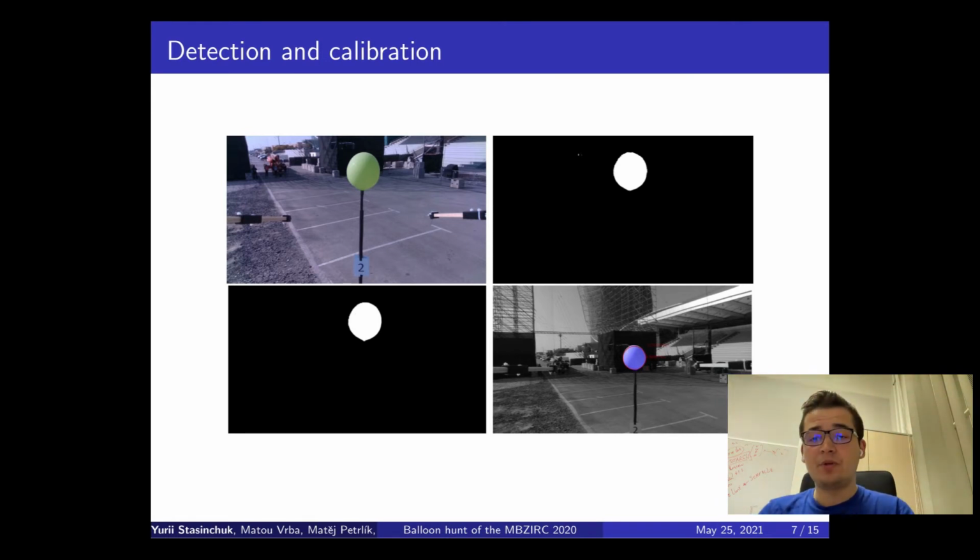But we also developed a semi-automatic tool which allowed us to calibrate for almost any color except black and white, so we could change the algorithm to detect green, red, blue, almost any color. This was crucial for us because the competition rules were changed. If I remember correctly, first it was red, then it was green. So we needed to be flexible, and this ensured that our algorithm is flexible and the approach is